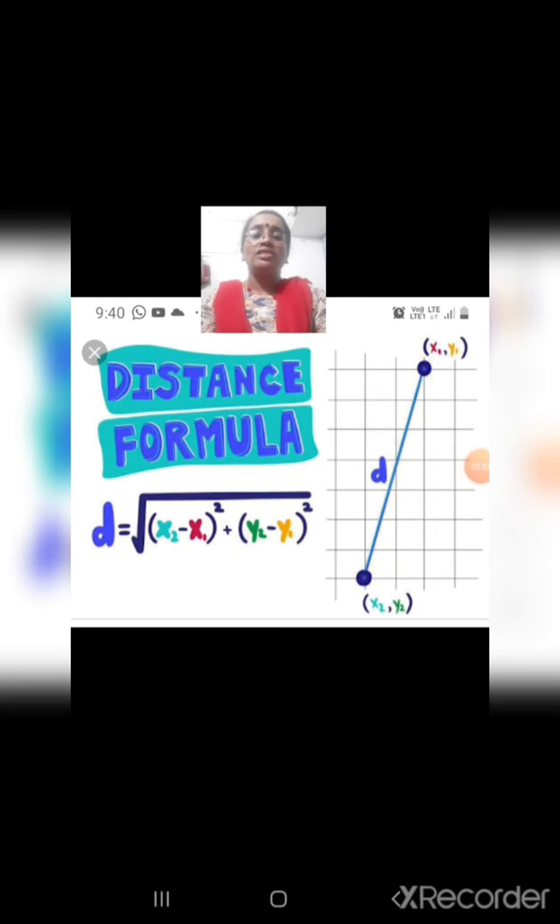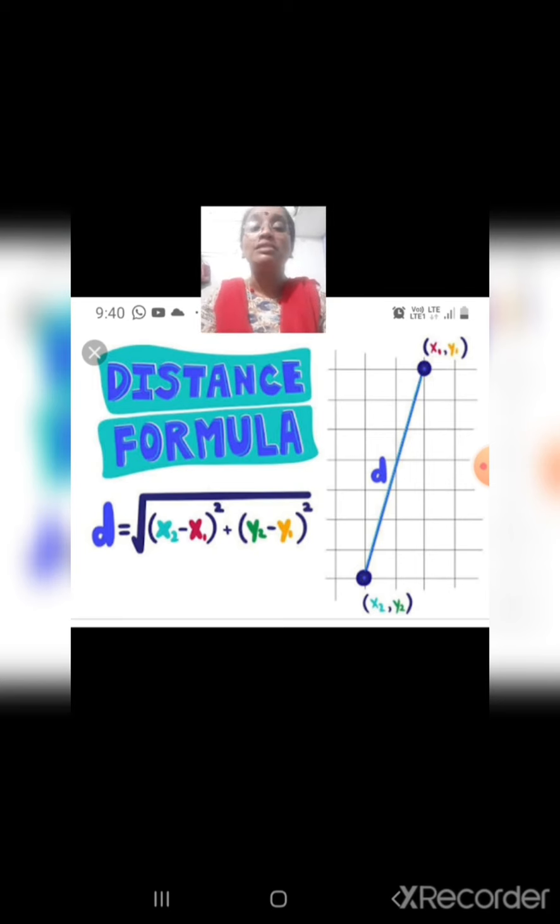We have finished the discussion of the Cartesian plane, recalling the topic Cartesian plane, x-axis, y-axis, x coordinate or abscissa, y coordinate or ordinate. These are finished. Now the main topic, our distance formula, the first topic. This is the first thing you are going to study in this chapter.